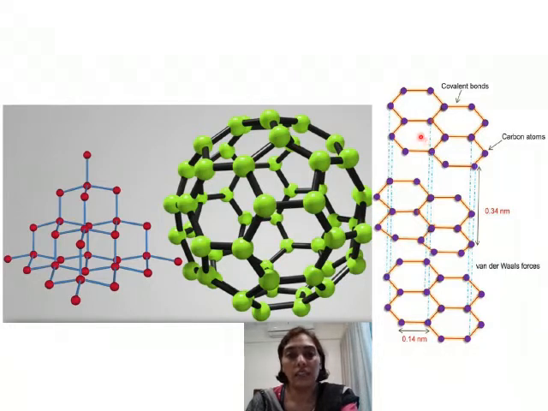Coming to graphite, the structure of graphite is referred to as hexagonal planar because you can see so many hexagons here. This is a hexagon, so it's called a hexagonal planar structure, and you can see stacks of the graphite one above the other. This is how the molecules have been arranged, one above the other, so it is stack-like.